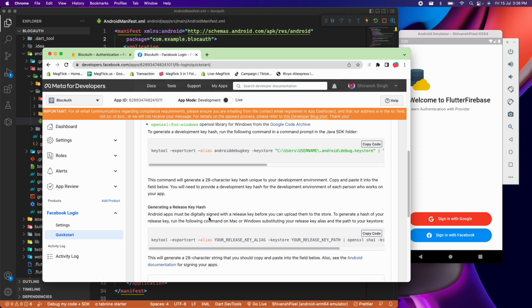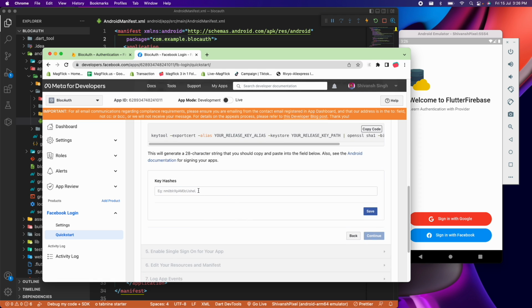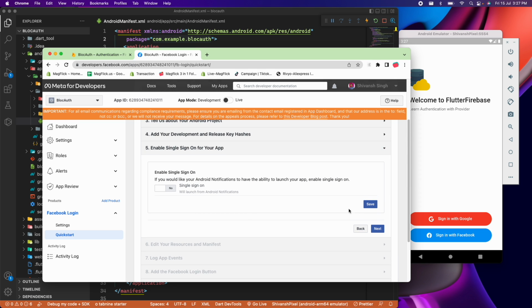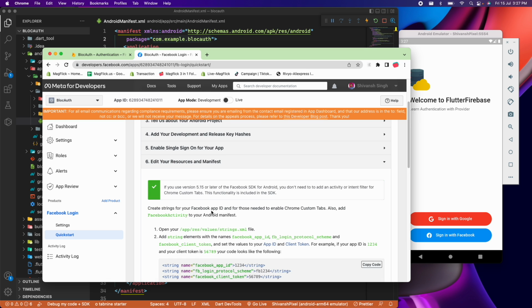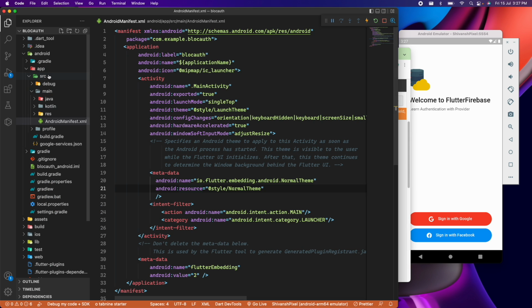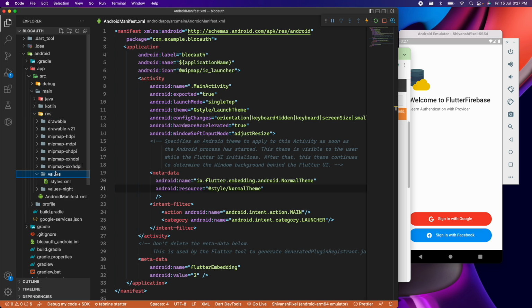So let me just paste this key hash here and click on save, click on continue, click on save. And now we need to go to our app resources values strings.xml folder. In Flutter we don't have any strings.xml folder, so we have to create this. So we have to go app, then source, and then main. Then we will go to a resources folder, and here in the values we'll create a new file which will be